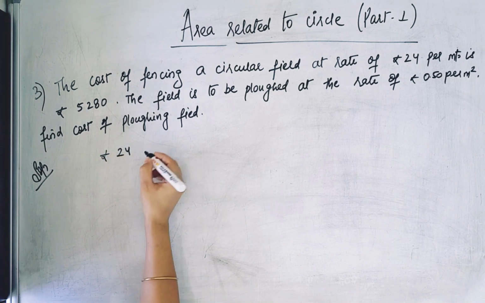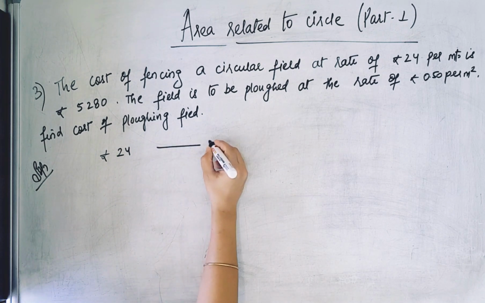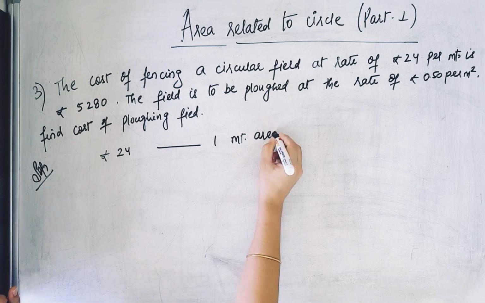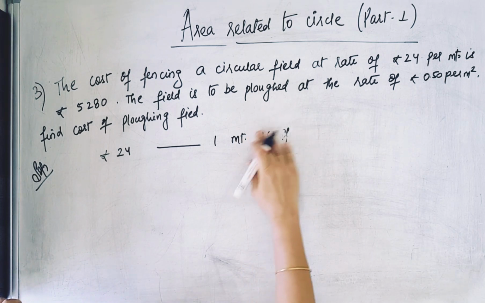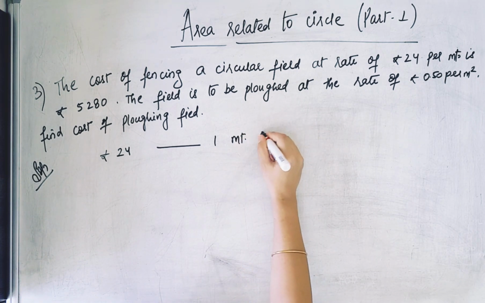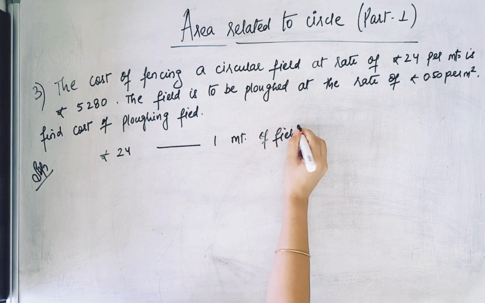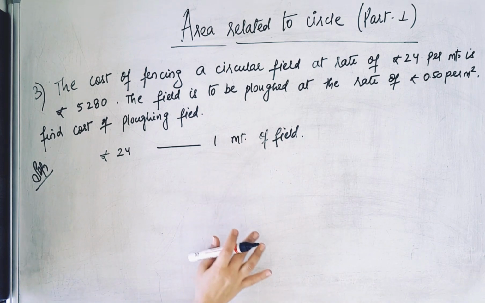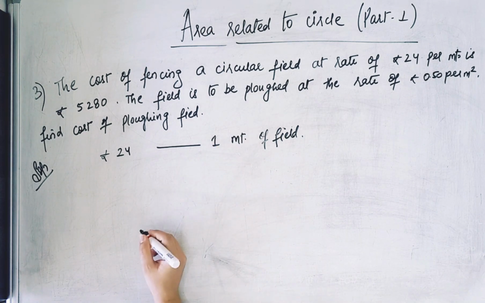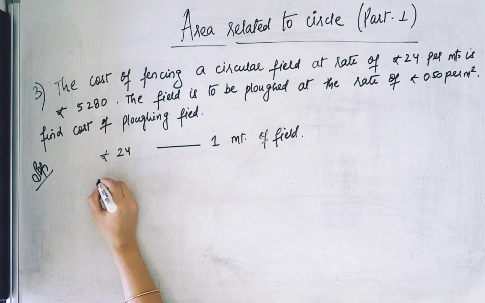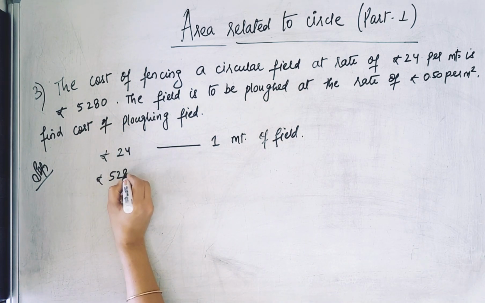In rupees 24, I can fence 1 meter of the field. If this is in meters, that means they are talking about its circumference only. Now, how much money have I invested? That is rupees 5280. So for rupees 5280,